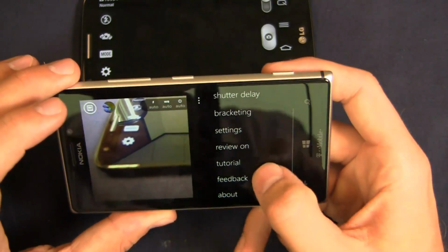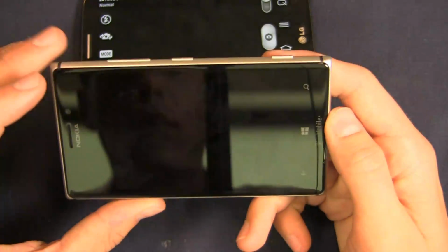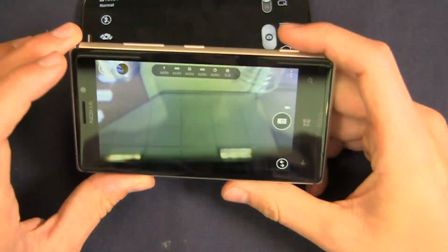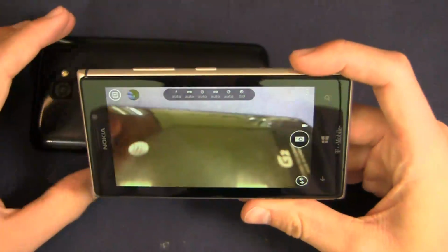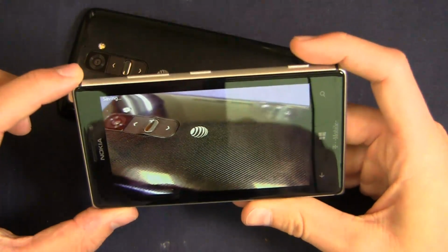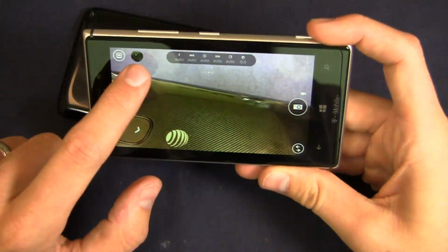I can do bracketing settings, review on. I can change it to the front camera if I want to. And I can change my settings here, aspect ratio, detect faces, and more. And then I have the button over here on the top, the physical button, half press to focus in, full press to take a picture. And you'll see it pop up there